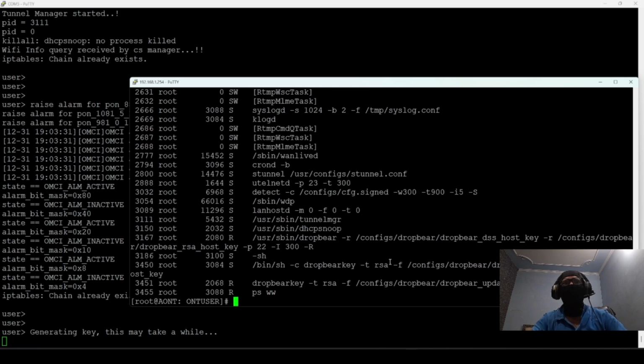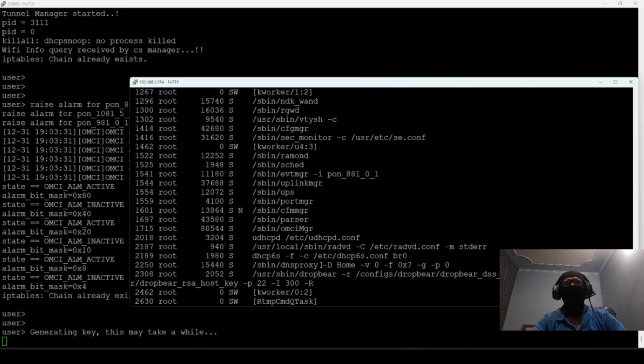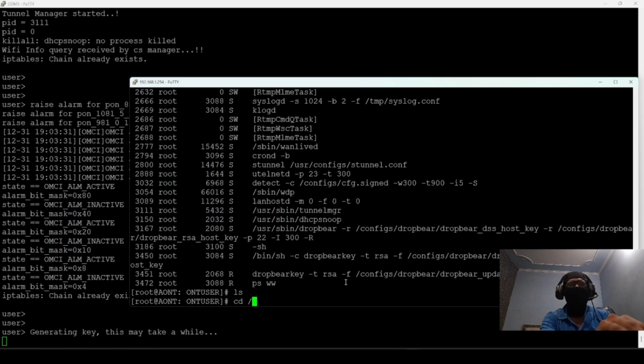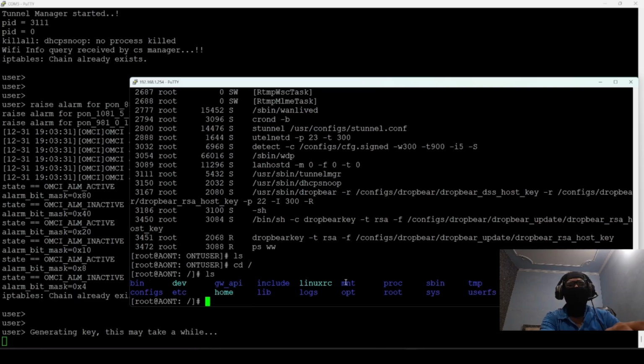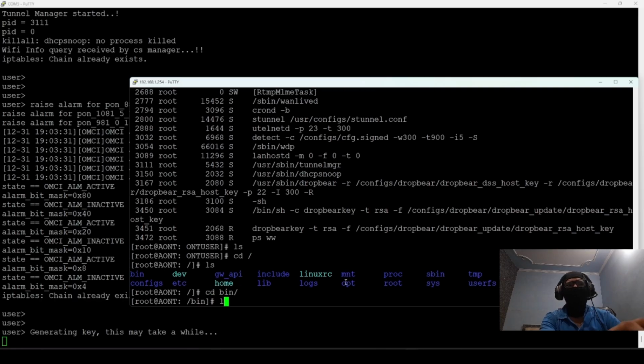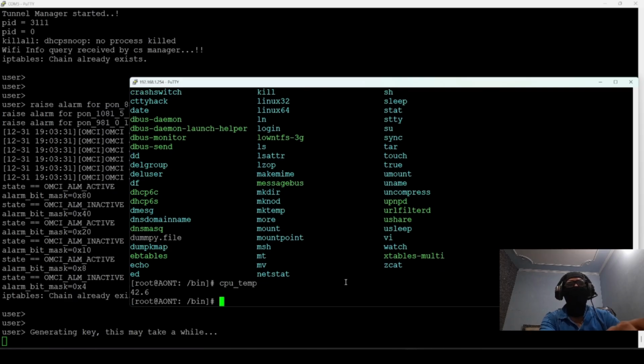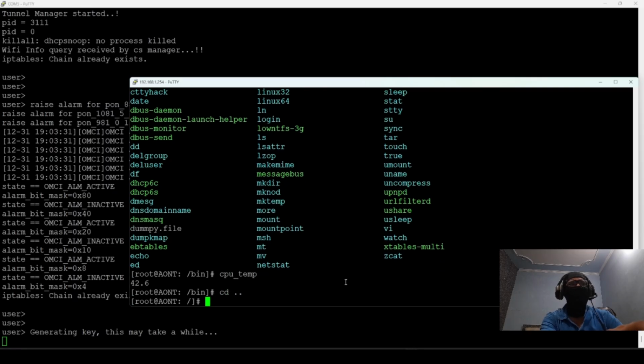It's generating a key. Maybe we can see the key being generated. Host key, maybe. So there we go, right? We have accessed the router completely. So we have access to everything. Bin, right? CPU temp 244, sure.